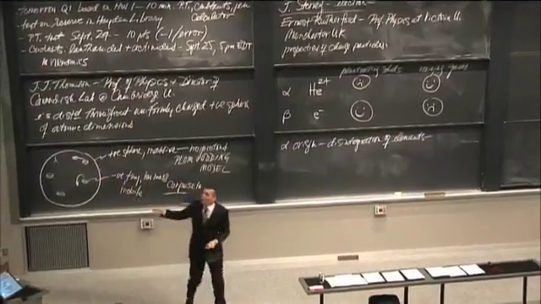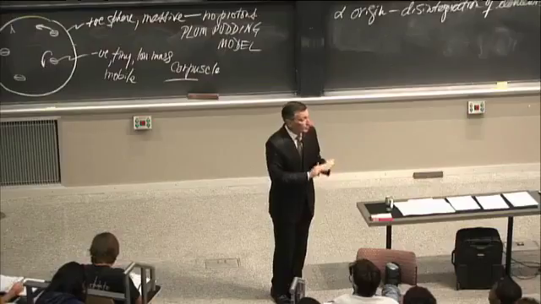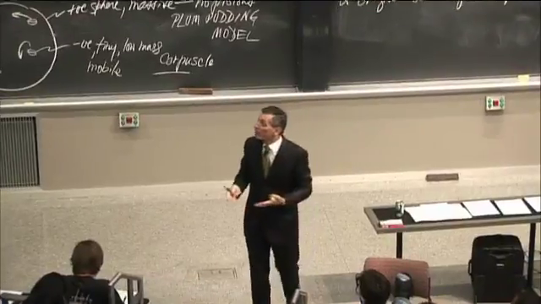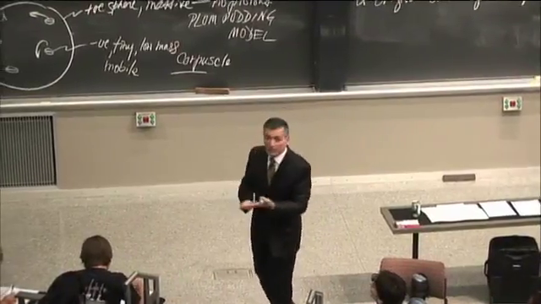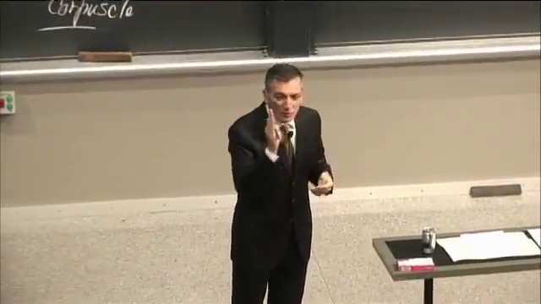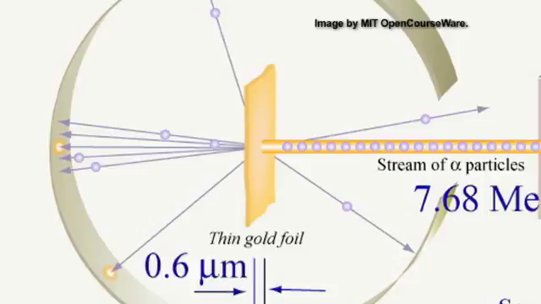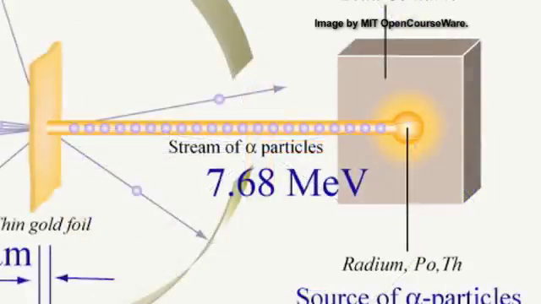So he's got a gold foil. Now, they use different elements, but ultimately they loved gold because gold, first of all, is noble and it doesn't oxidize. So it's pure even in atmospheric oxygen. And secondly, we've known since antiquity, we can physically deform gold and make it into something sub-paper thin. So that's what they did. They beat this thing down to 600 nanometers thick, 0.6 micron, and they used alpha particles.